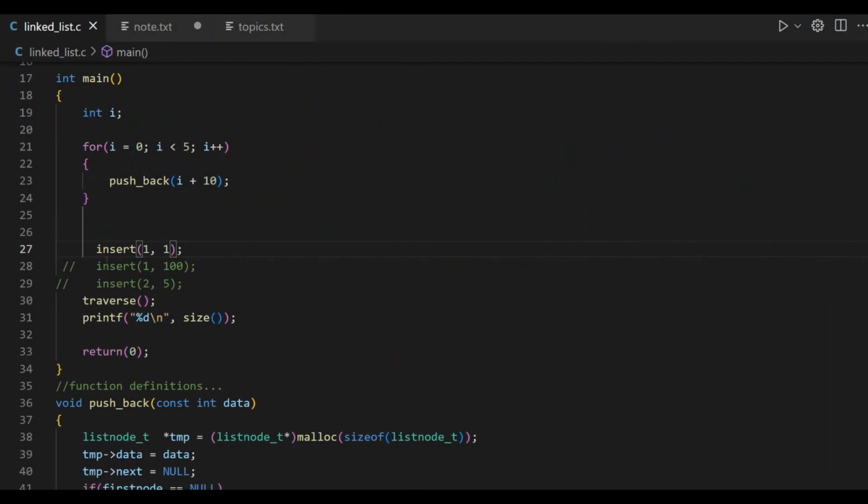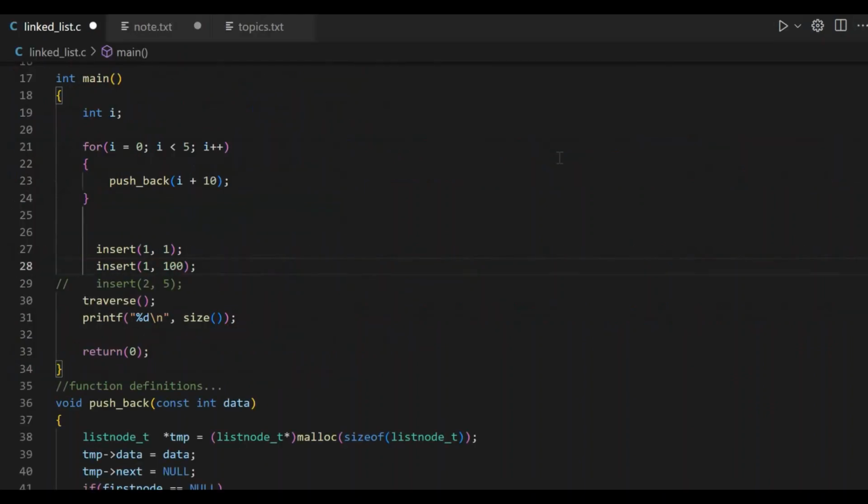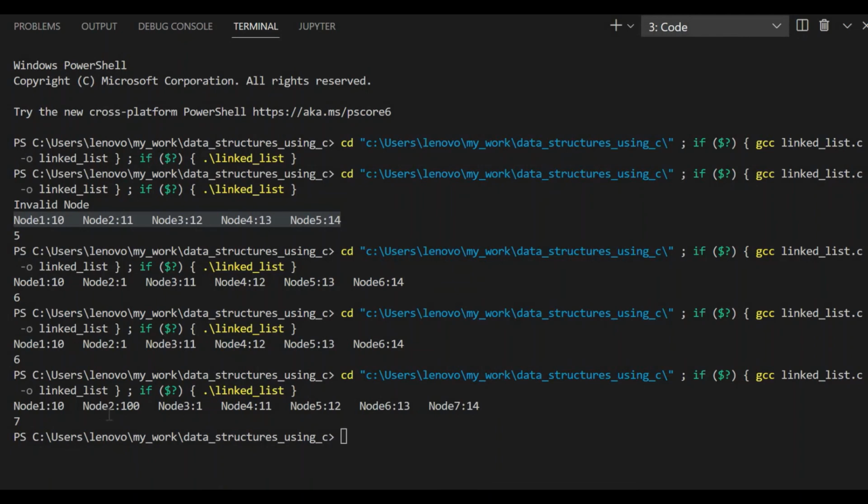Okay, and now we can insert 100 after the first element, after the first node. Here we have 100 after the first node, and size has increased. Previously it was 5, now it is 6,